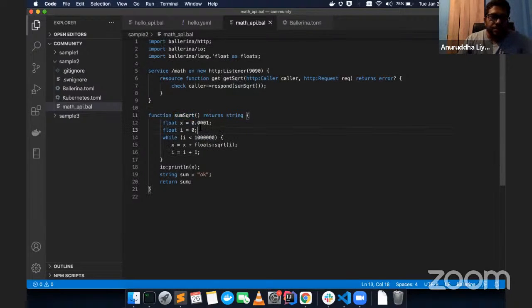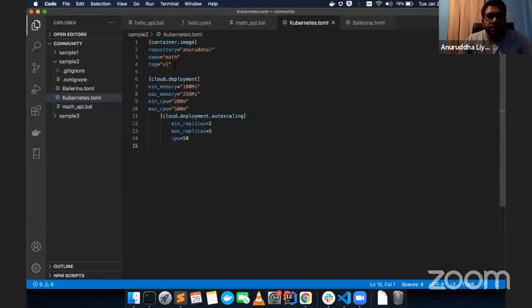So it will take some time to calculate, and meanwhile we are going to scale this one using the Kubernetes.toml descriptor. In the Kubernetes.toml we have specified the repository name and image, and we have specified the minimum memory and maximum memory to be allocated.